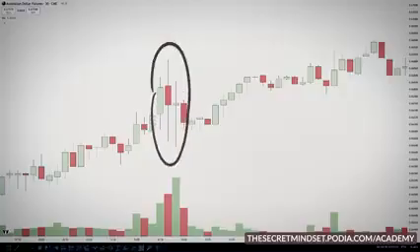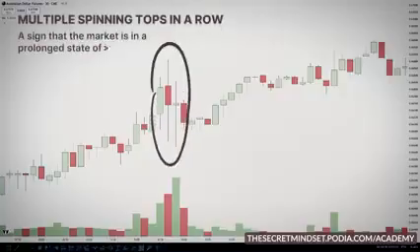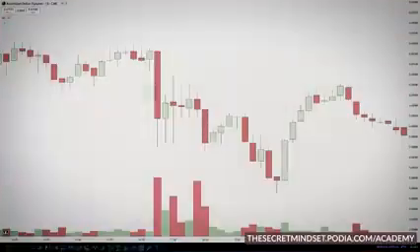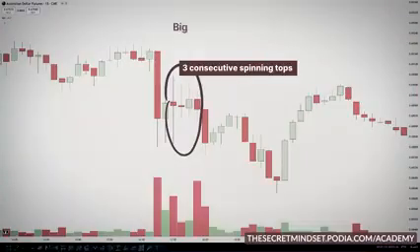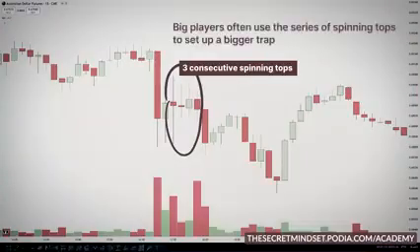Sometimes you'll see multiple spinning tops forming in a row. This is a sign that the market is in a prolonged state of indecision. While this might seem like a strong signal that a big move is coming, be careful. Big players know that traders are watching these patterns, and they'll often use the series of spinning tops to set up a bigger trap. If you see multiple spinning tops forming, it's a sign that you should be extra cautious